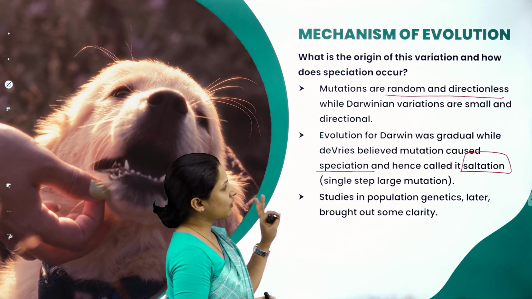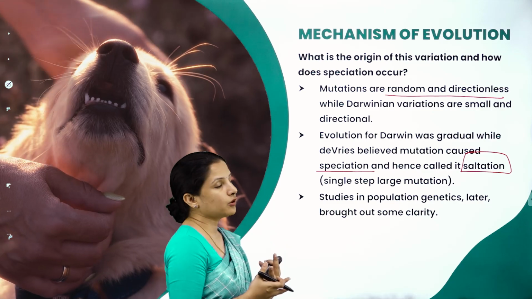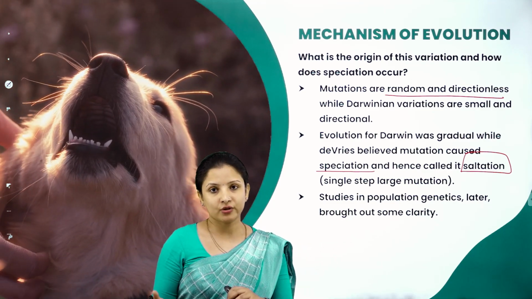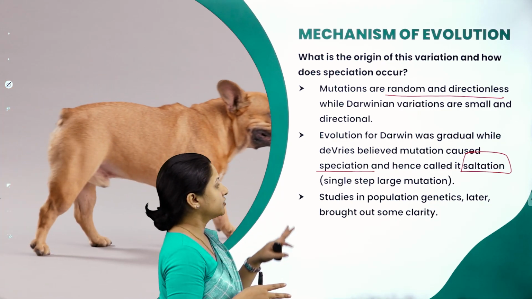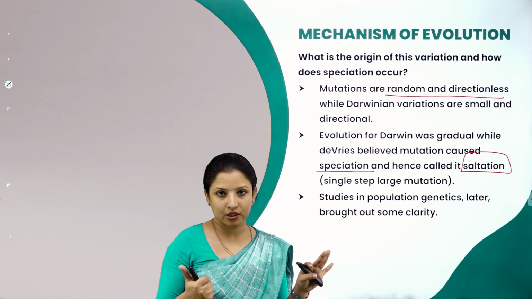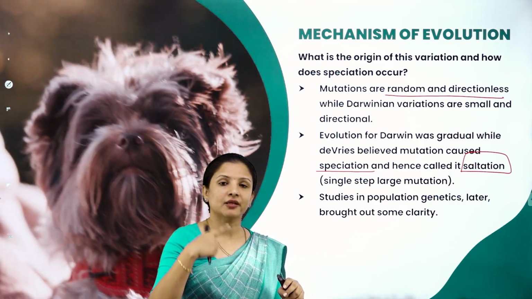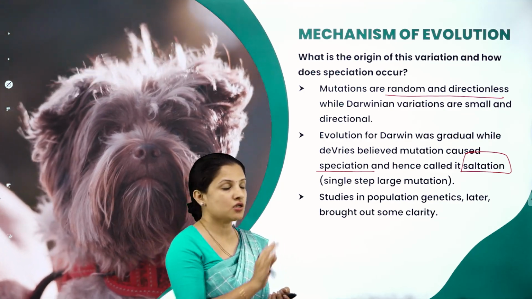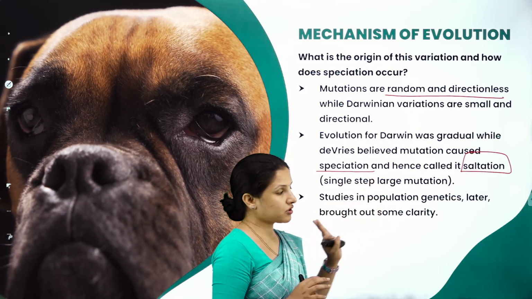So these are some of the theories or ideologies put forward by various scientists. Here we have discussed the ideas of Darwin and Hugo de Vries based on variation and speciation in a particular population. So here you need to remember what is saltation. Saltation means sudden change or single step mutation that occurs in a particular population leading to variation or speciation. We call it saltation. This is a very important MCQ, need to remember that.